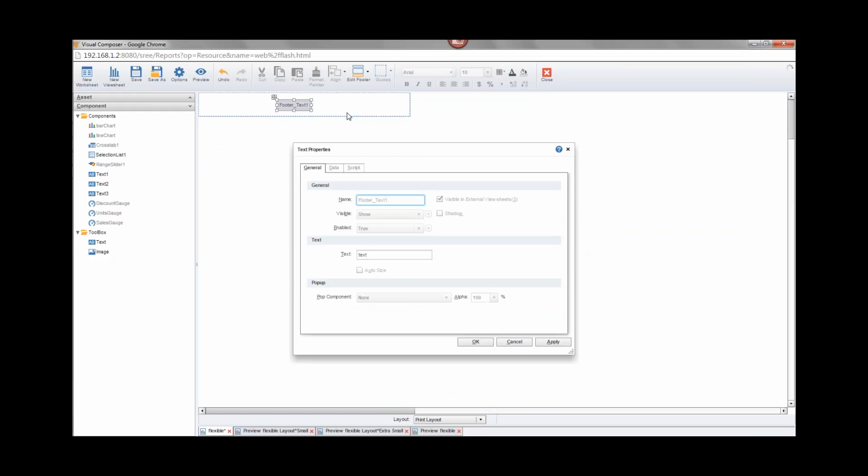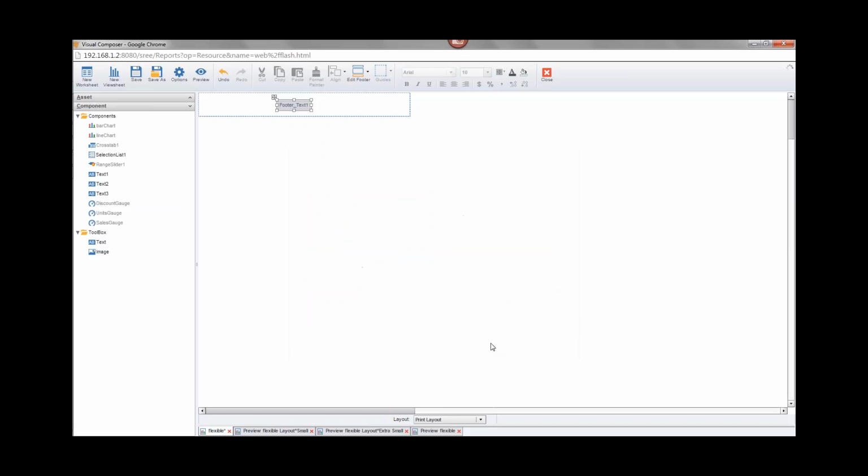If you go to properties for the text element, I'll write something like "page {P} of {N}". I use P and N in curly braces, and that will insert the current page number and the total page number. P gives the current page, N gives the total number of pages. This is a common thing to stick in a footer or a header. Press OK. This time I'll remember to make it a little bit wider so it'll fit the text,